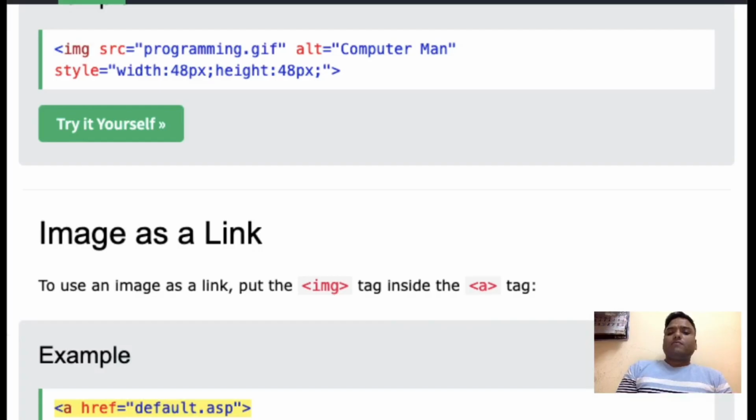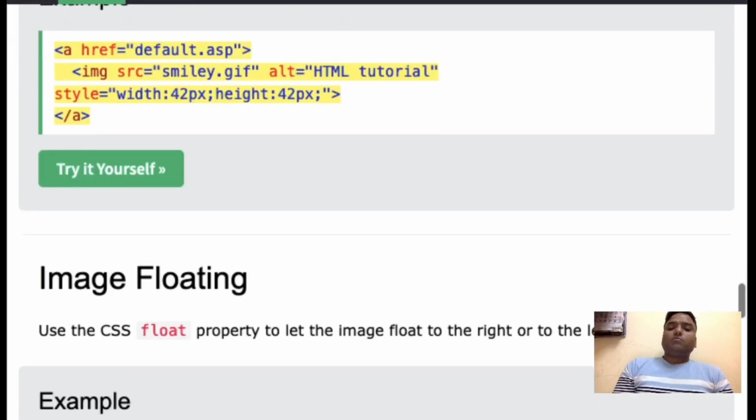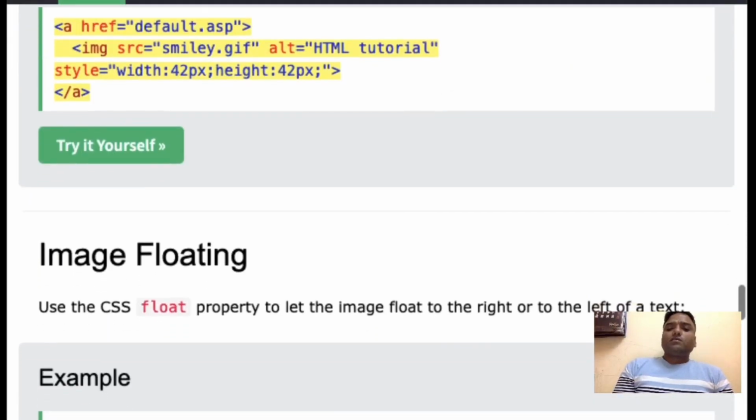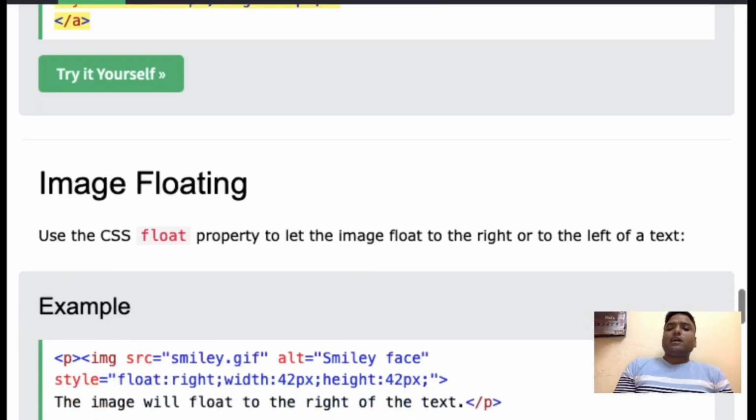So here you can see. The a tag href is equal to default.aspx. It is the page. It is a link in the a tag, and image source is defined. So you can also use an image as a link. Image float property is used. So you can write style float right or float left.